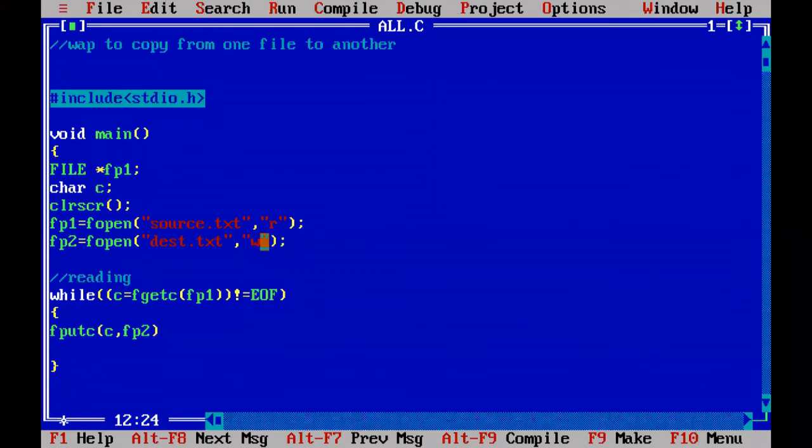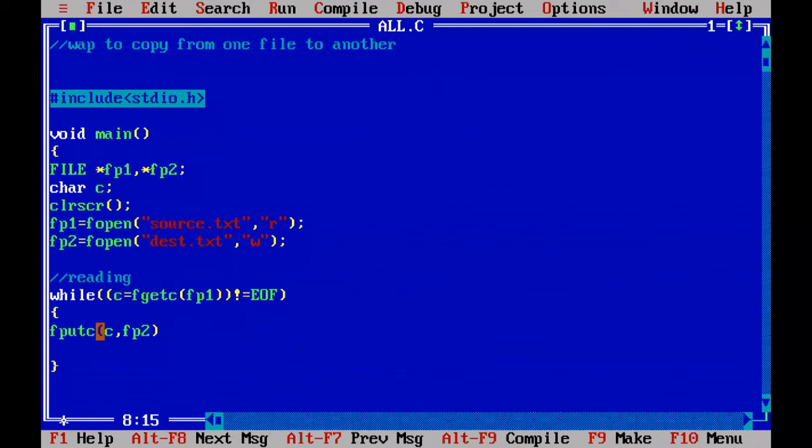And create the file pointer for the second file also, star fp2. So the first file is opened in reading mode, source.txt, and the second file is opened in writing mode, destination.txt.